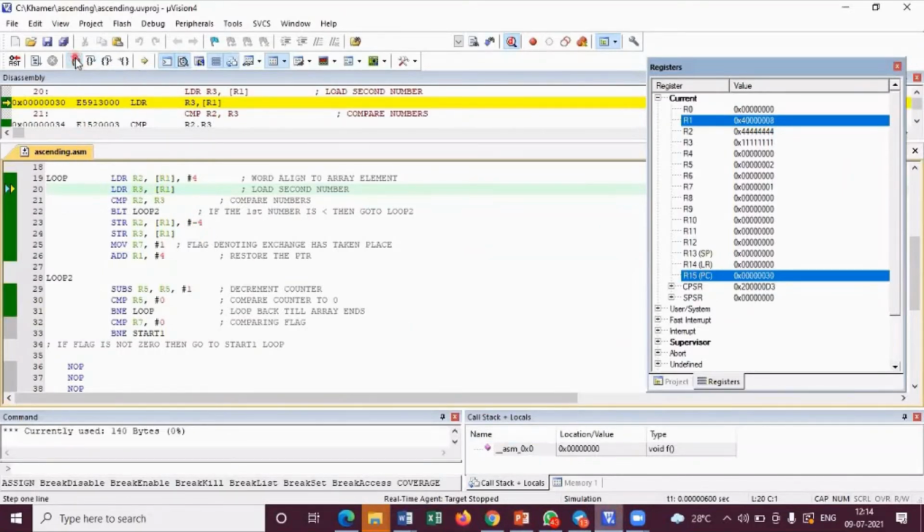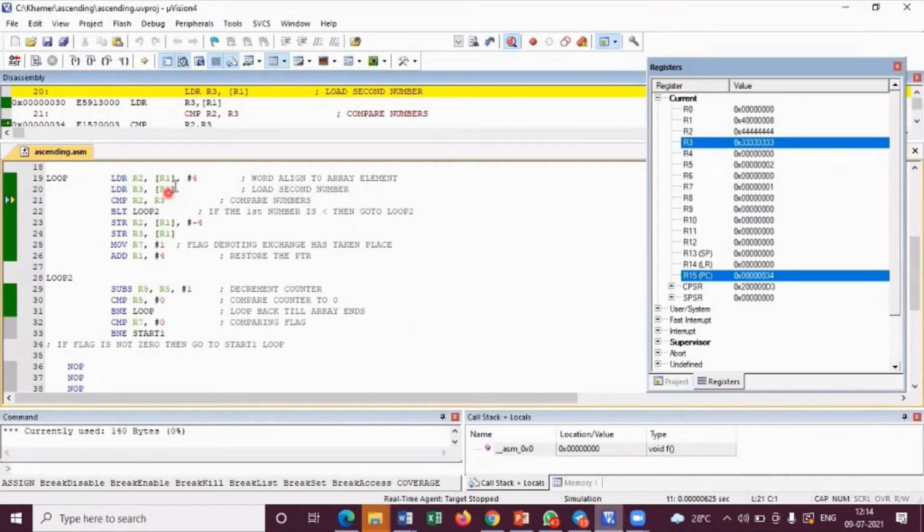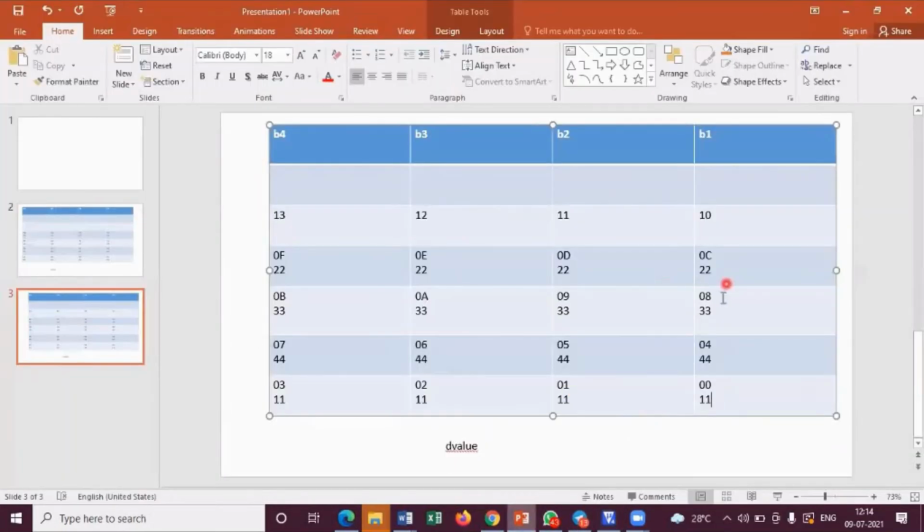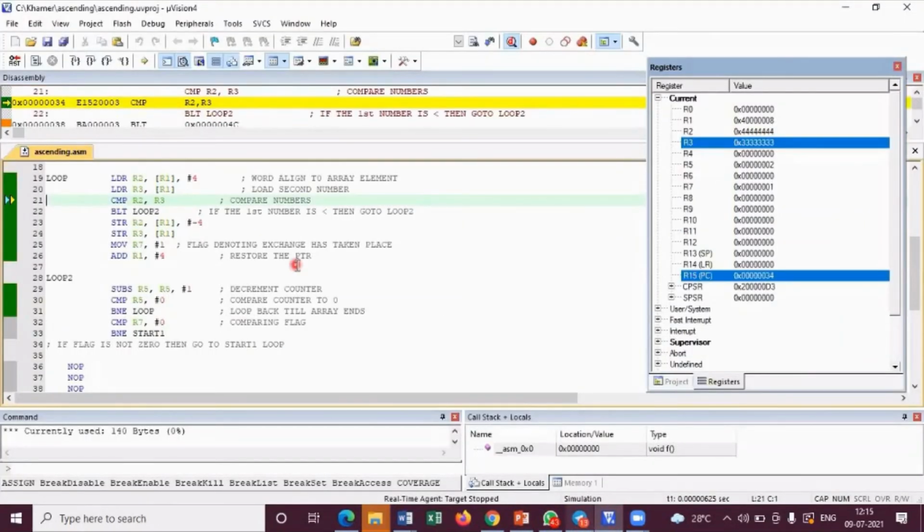Next instruction. Now R1 is pointing to 08. Whatever data is there in the 08, please move it to R3. So 33 data will be moved to the R3 now.